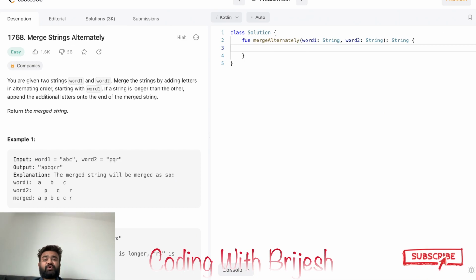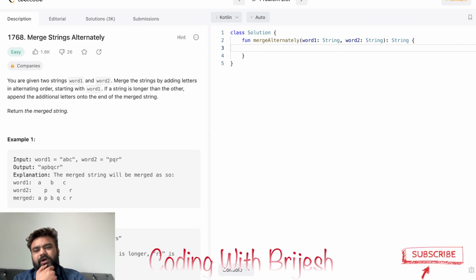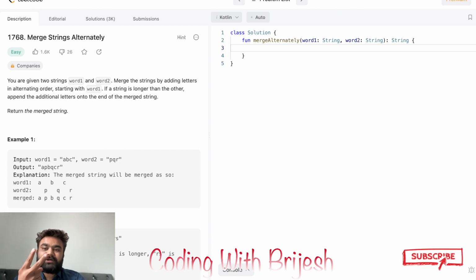In today's episode, we will be discussing LeetCode's problem of the day 1768, Merge Strings Alternately. When I read through this statement, it is a pretty easy problem. We are just given two strings, word1 and word2, and we have to merge these two